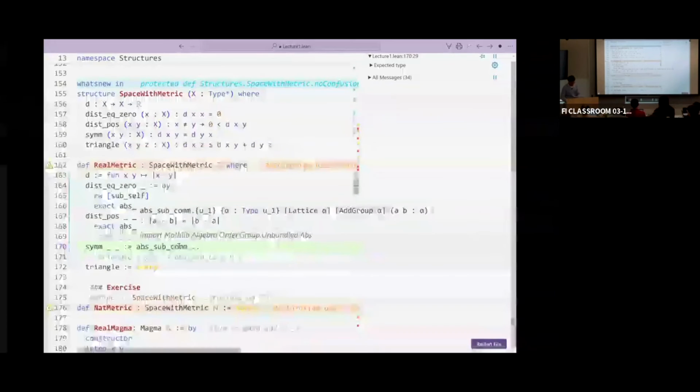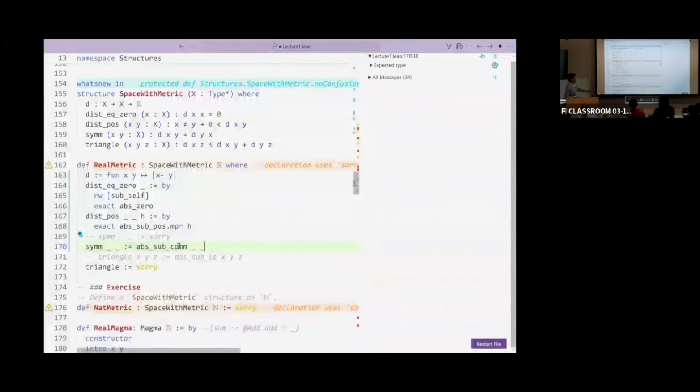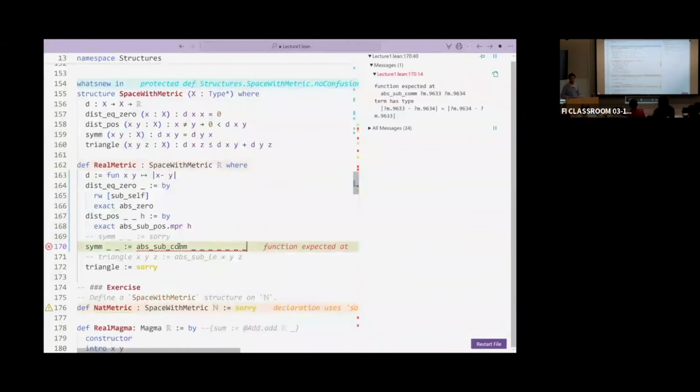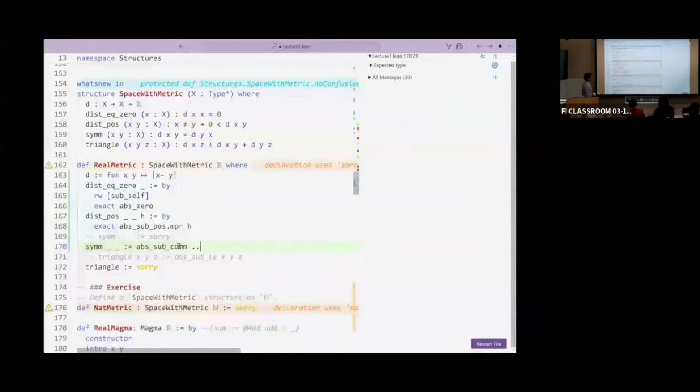Okay. In this case, I could also have done these because they were just two. But typing these is lengthy, and you never remember if there are 5 or 6 or whatever, and you just type dot dot. Okay. And the triangle inequality, well, it's of course in the library. Okay. So far we have put a real metric, a space with metric structure on the real numbers.